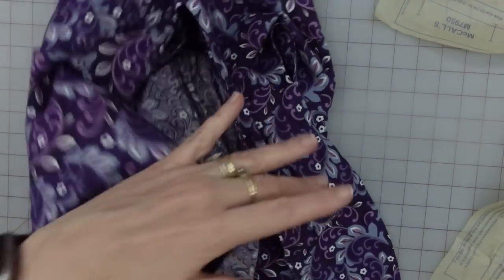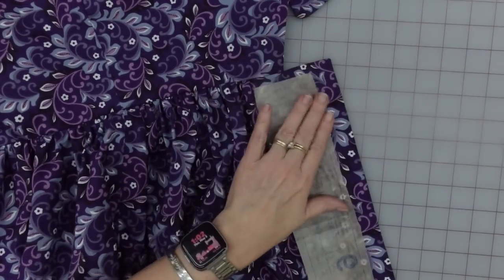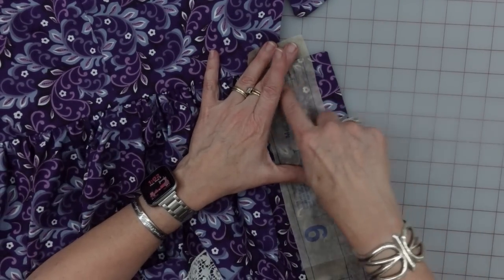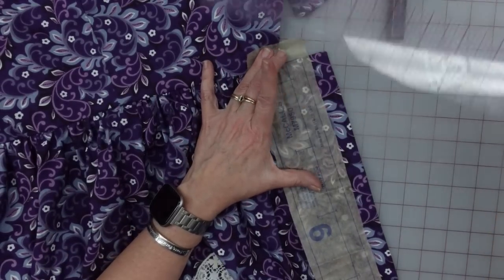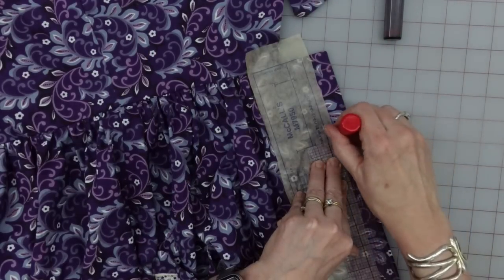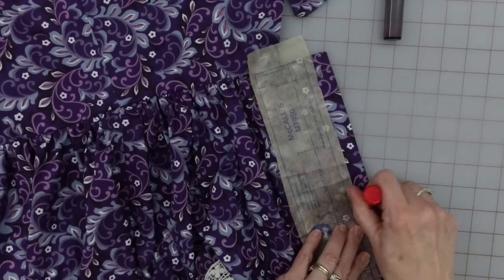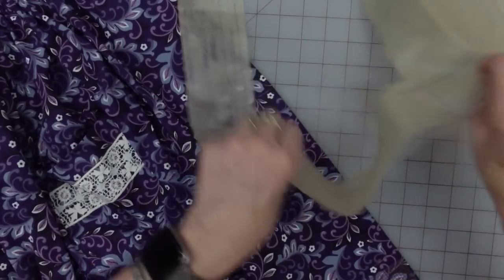So I am going to be putting my buttonholes on this side. What I'm going to do is put this up here near the top, and where I can see this buttonhole going straight across, I am just going to carry that over and draw my little line over here, okay? And again here, and so on and so forth, all the way down, so I just have this line marked first. Okay, so now that all those are done,